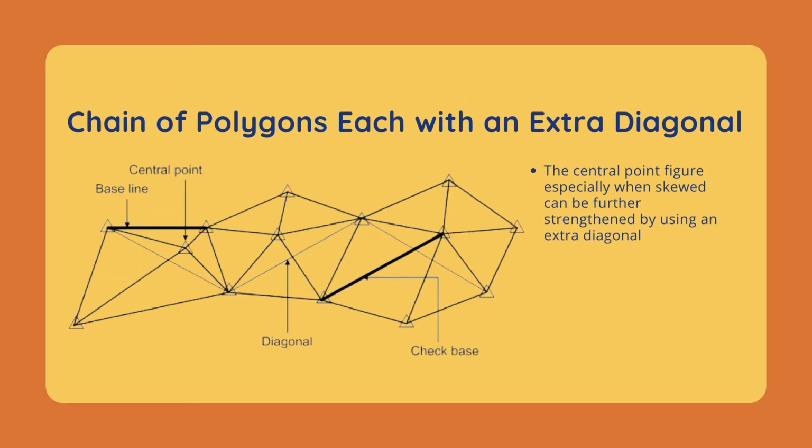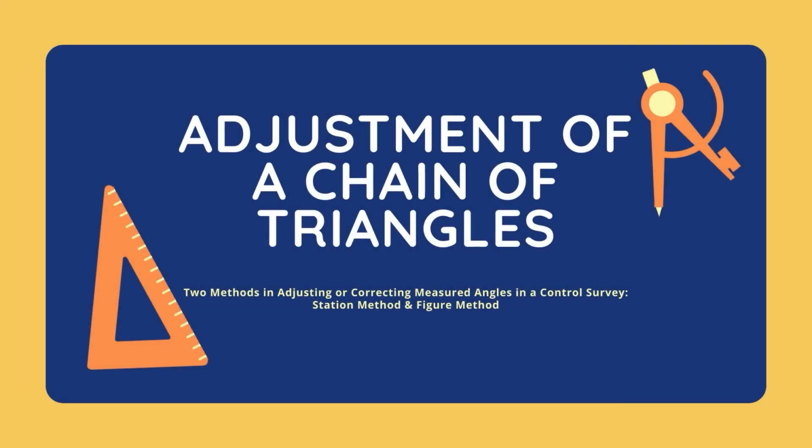Lastly, we have the chain of polygons, each with an extra diagonal, which is not far from the chain of polygons or central point figures. The difference is that when skewed, central point figures can be strengthened by using an extra diagonal. So now that we know a little bit about triangulation systems and their types, we proceed to adjustment of a